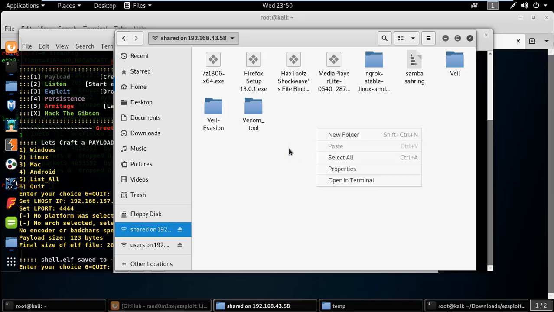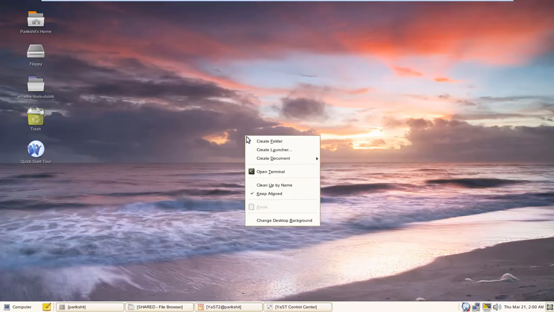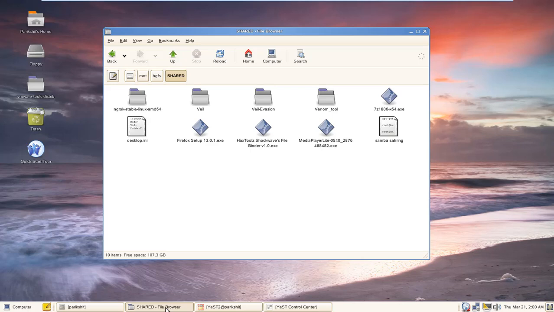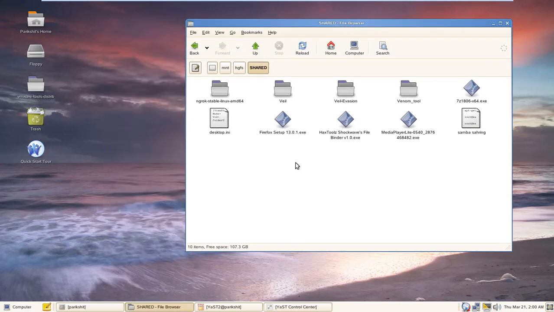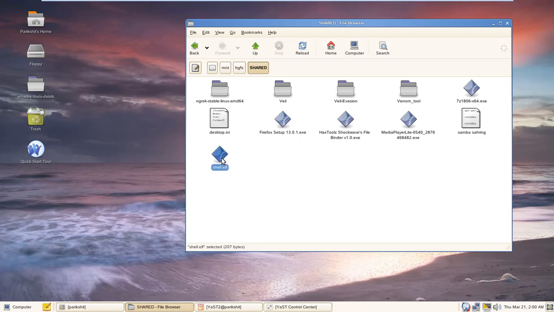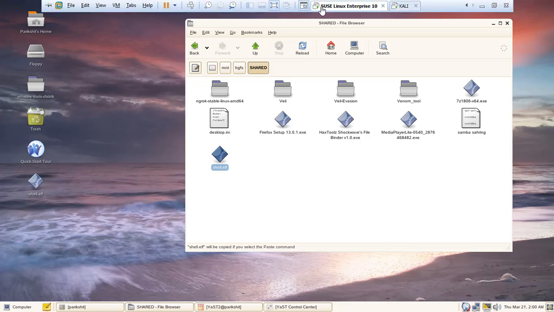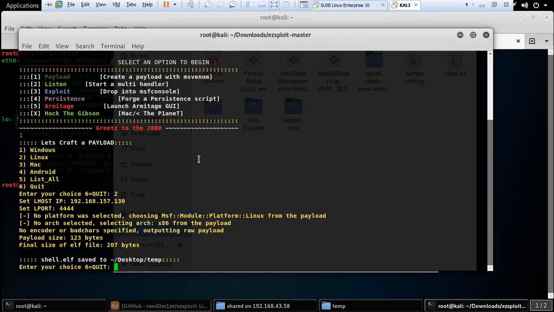So I'm just putting it over here. Okay, paste it here. Okay, so we have it here. The next thing here, we are going to get that file from the shared folder into our SUSE Linux machine. So the file would be cell.elf. So this is it here. So we'll copy, we'll put it into the desktop, and before executing I will make sure that the handler is